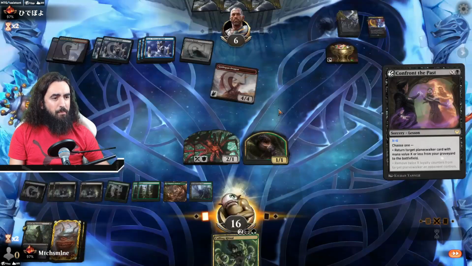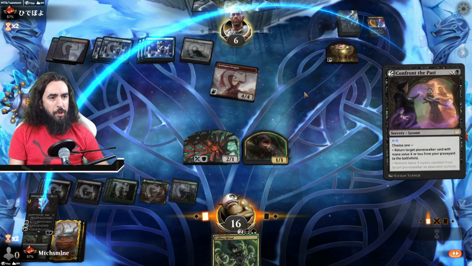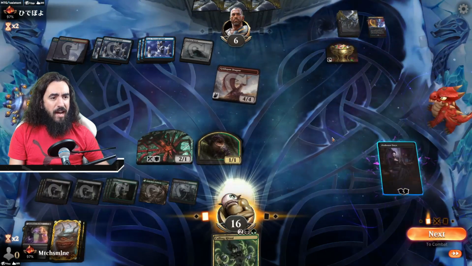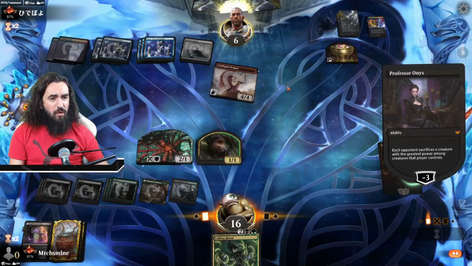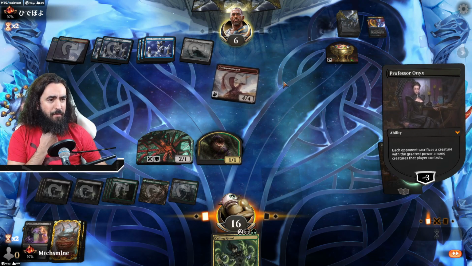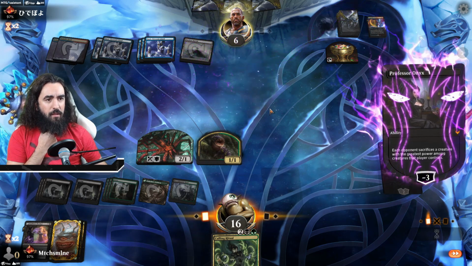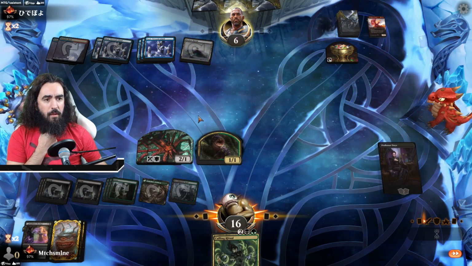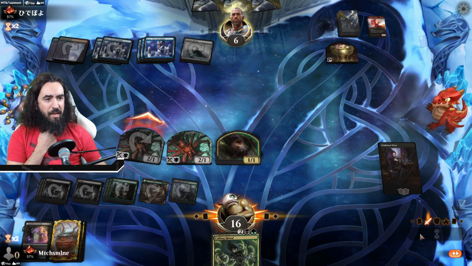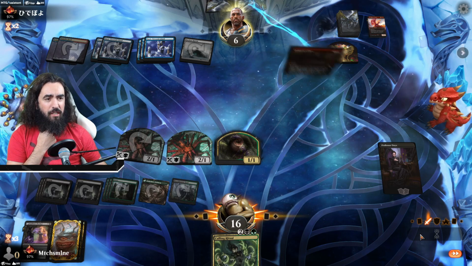So, we're bringing back the Professor Onyx here. This time we will keep back one of our little creatures. This time we will be smart about it. Alrighty. Getting rid of the Goldspan Dragon seems pretty sweet indeed. Oh yes. So, I mean, if they have extra turns, we better only attack in with 1 here. If they don't have extra turns...